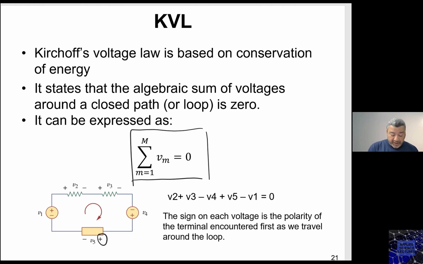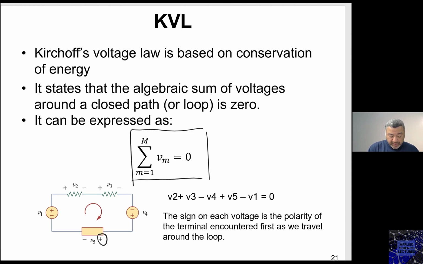If I have the positive direction entering the negative, I'll write it as a negative. So for this loop, for example, if I apply this convention, where the positive is clockwise, I can write